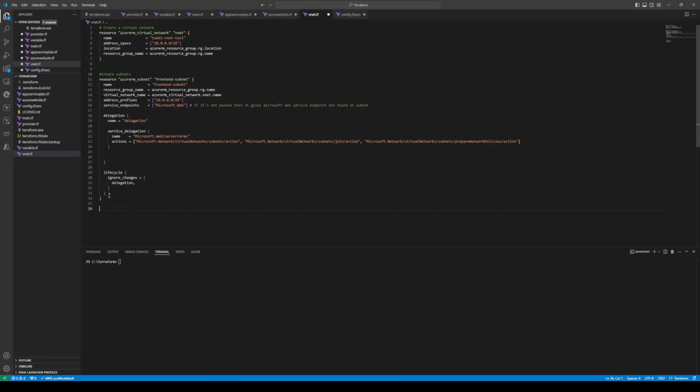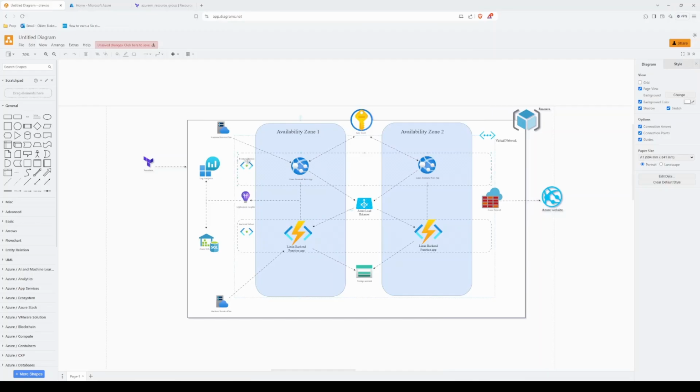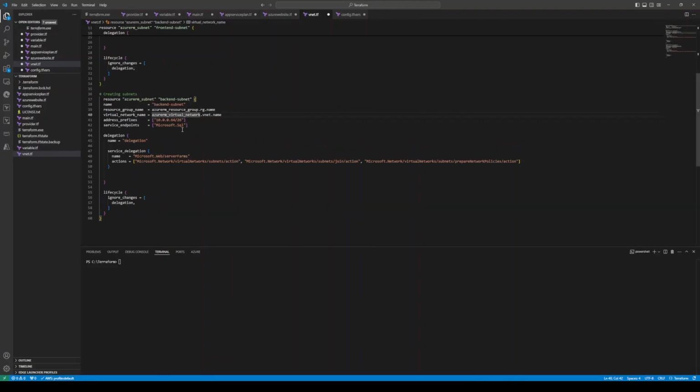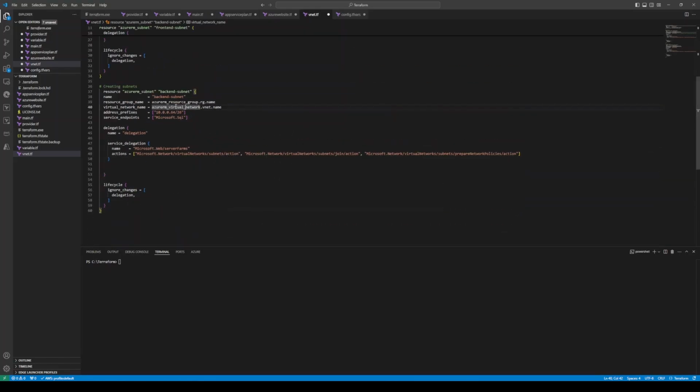Okay, great. Need to create the backend subnet. So yeah, that's the front end subnet done. Time for this one. Yep, so similar to the front end, going to be called backend using the same variables: resource name, resource group name, and location. The prefix is going to be different. The address prefix, this one's going to be .26, and it's going to be using the service endpoint of Microsoft SQL. Speaking of Microsoft SQL, let's move on to the database,